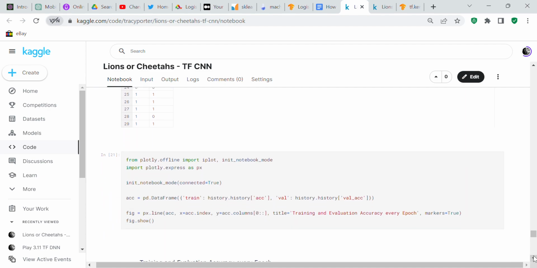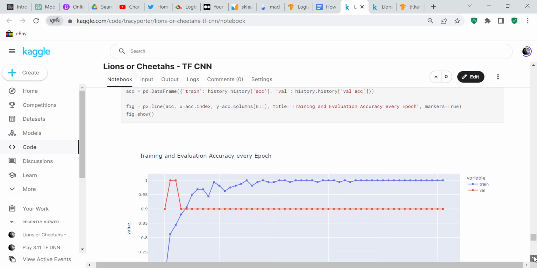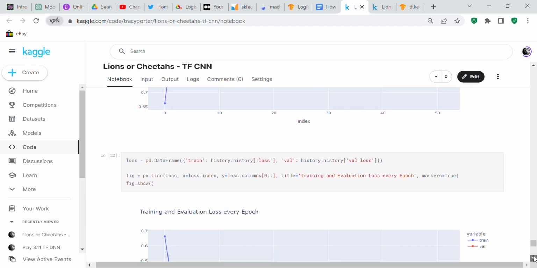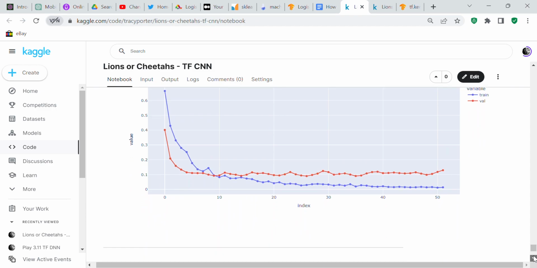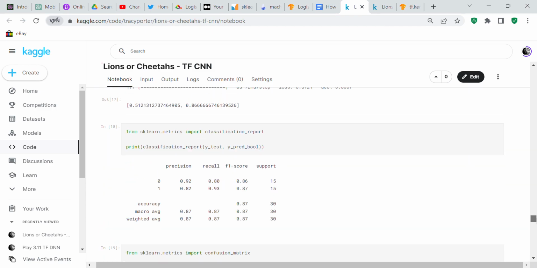And then there's something I didn't do; the guy that did the program did this. He's checking training and evaluation accuracy from every epoch, and he also did training and evaluation loss for every epoch. So I didn't do that. The guy that wrote the program did that. But I just left